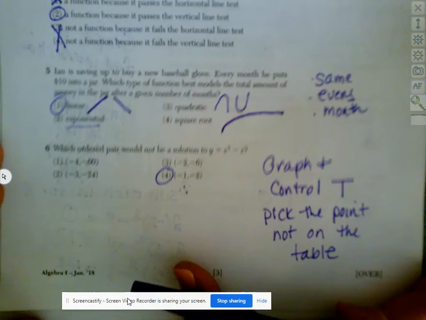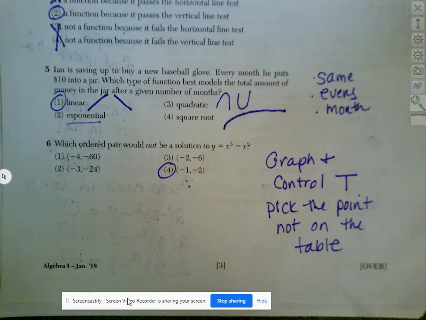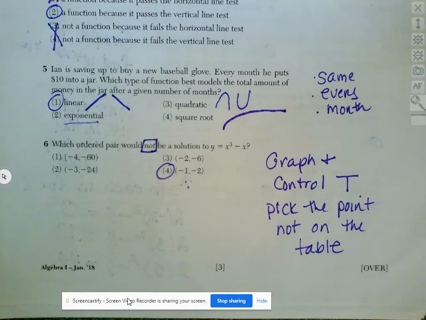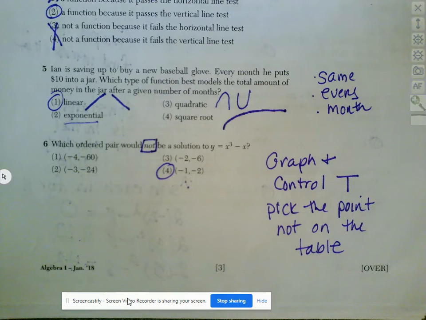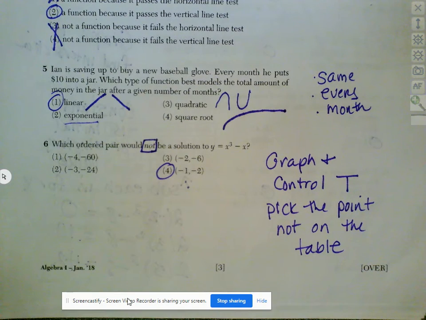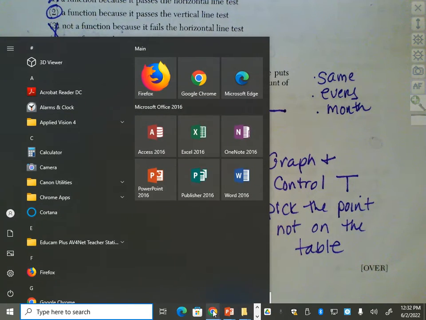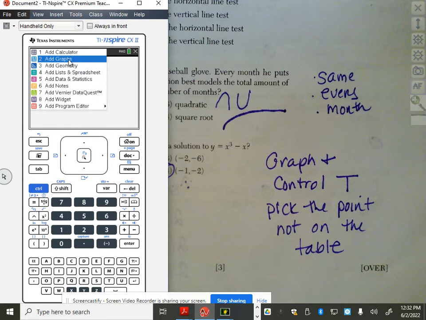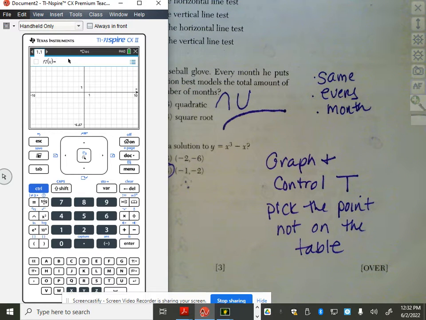Okay, the next question says, which ordered pair would not, so be careful to look for these words, not be a solution to y equals x cubed minus x. So what I recommend you do, and we have access to this, so we might as well use it as much as possible, is pull up your graphing calculator and get yourself a graph. And then you want to type in, it's already y equals, so we just have x to the third power, get out of the exponent, minus x,